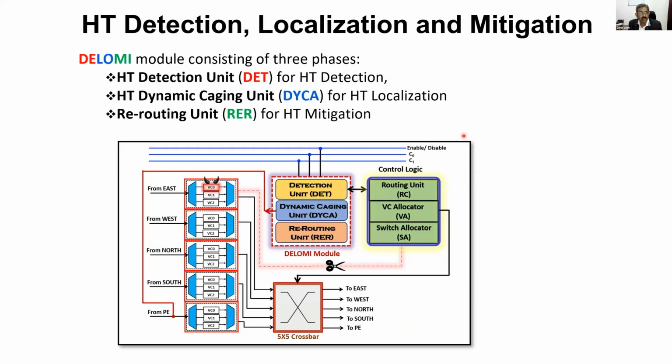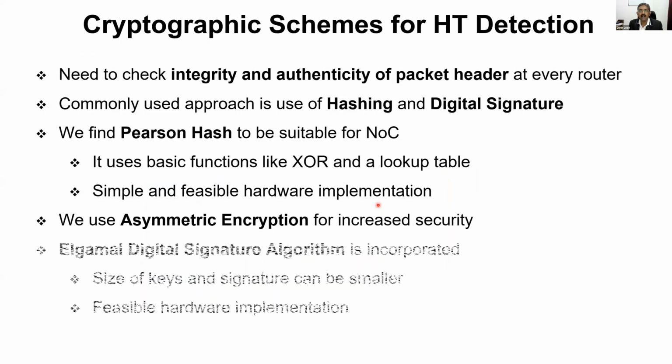A quick flash through how we can detect. We come up with a new module as part of the NoC router called the Delomi module, which consists of a detection unit, a dynamic caging unit, and a rerouting unit. We stick to the integrity and authenticity of the packet, which needs to be checked at every router. The conventional hashing and digital signature algorithm is customized to NoC,